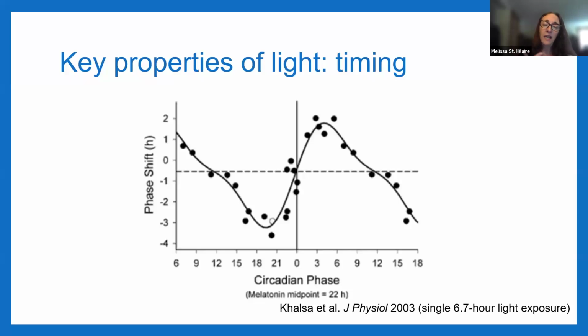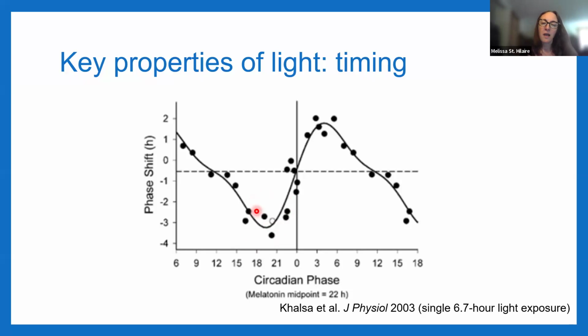So something else that we now, I think, know and take for granted is that the timing of this light exposure is very important. So if I can just get my cursor so that I can point to things. The light exposures that I showed on the previous slide were all done in this part of what we call the phase response curve. So in the early biological evening, right around the time of dim light melatonin onset, we got strong phase delays